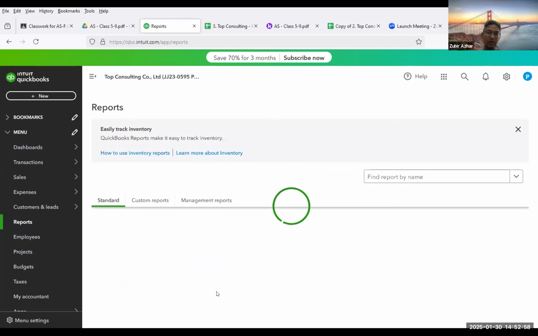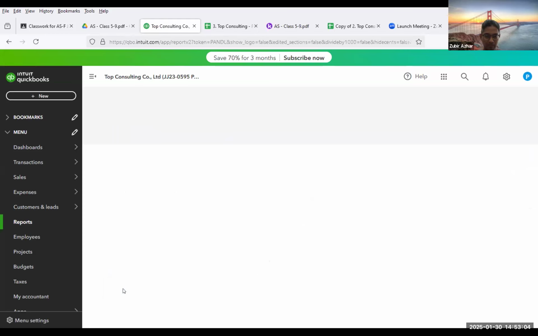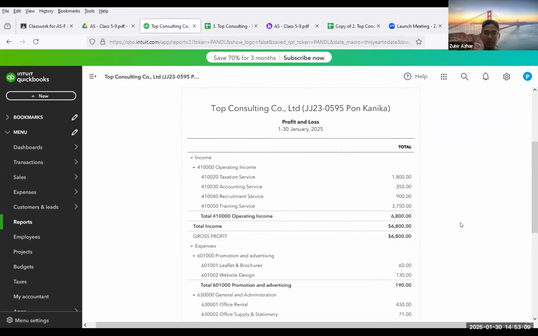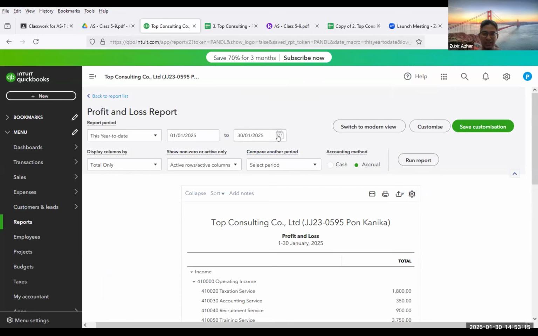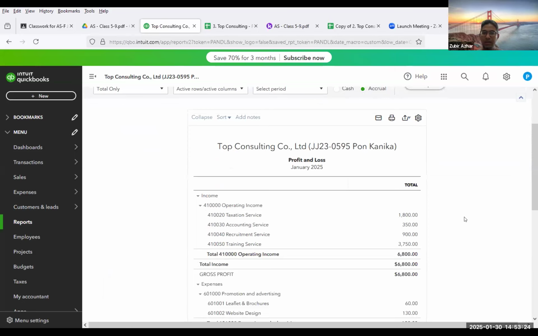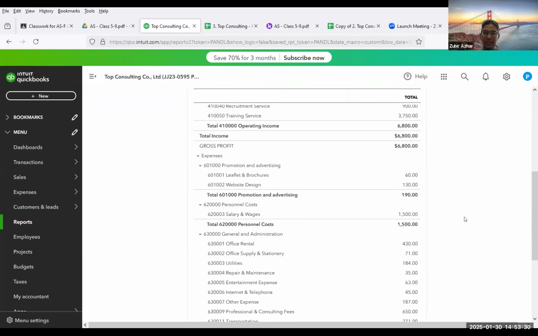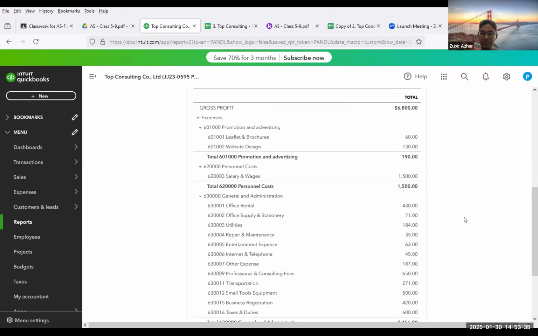And then we want to click on profit and loss account now. Okay. So you can change the date from 1st January until 31st and run report. Then you will have the total amount of income, the total amount of expenses of different categories, and also a total amount of your net profit. So how much is your net profit?